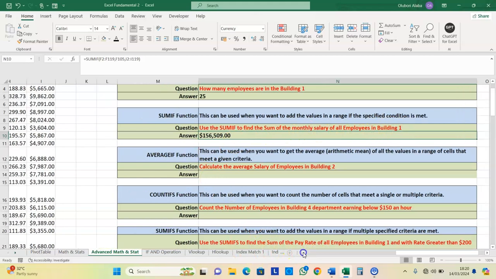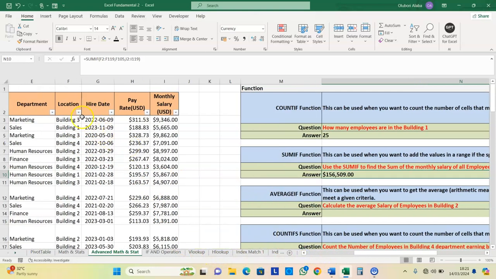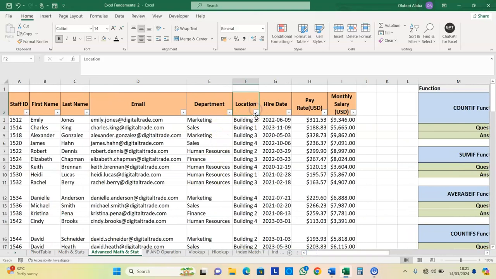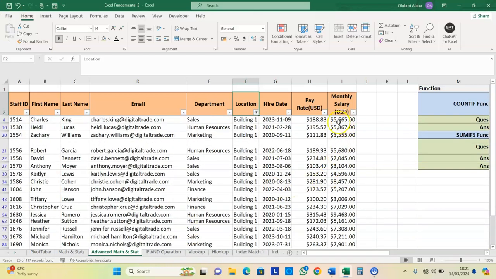If you want to confirm, you can apply a filter. So go to location. Oh, it's not working. Okay. Go to location, untick or pick building 1, click OK, and then highlight all this monthly salary column, sum